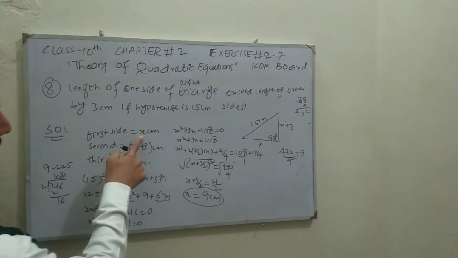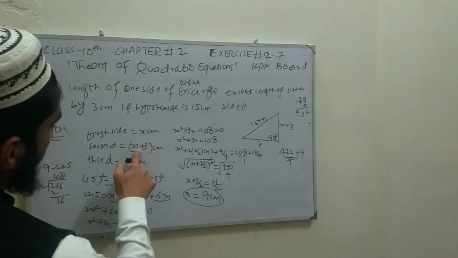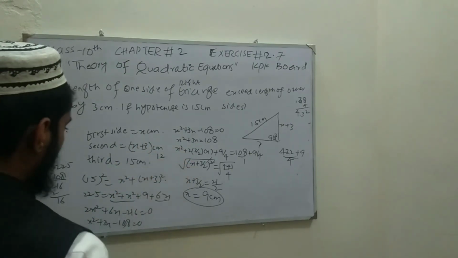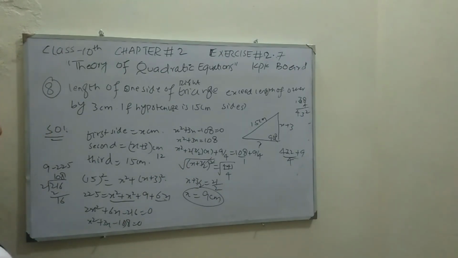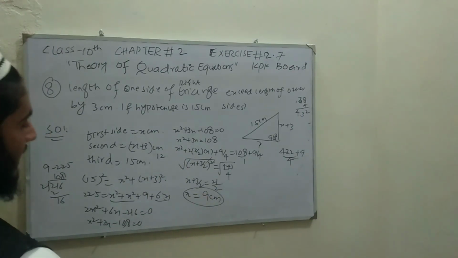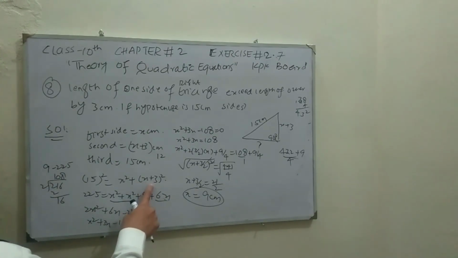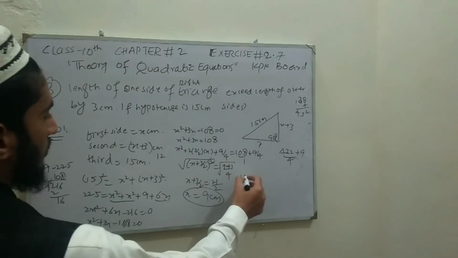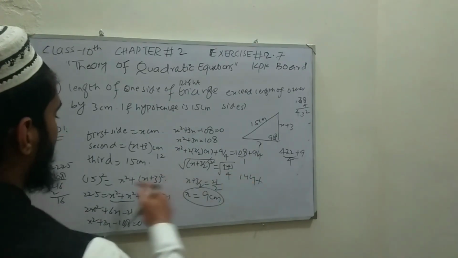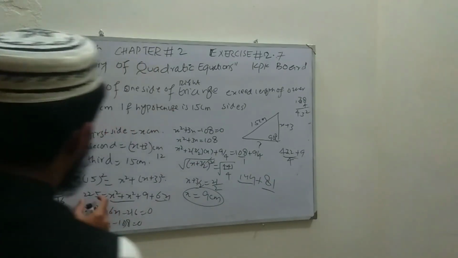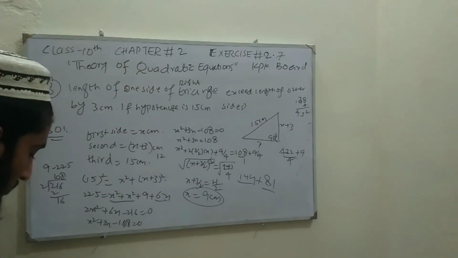If we put x is equal to 9 here, the second side becomes 9 plus 3 gives us 12. Now we are checking whether our solution is right or wrong. So put the value of x is equal to 9 here. 9 plus 3 becomes 12, and 12 square gives us 144. Plus x square, so 9 square gives us 81. If we add 144 with 81, it gives us 225, which is the right answer.